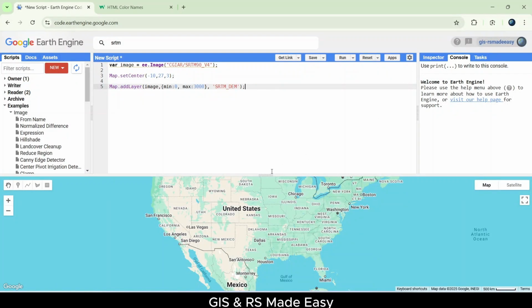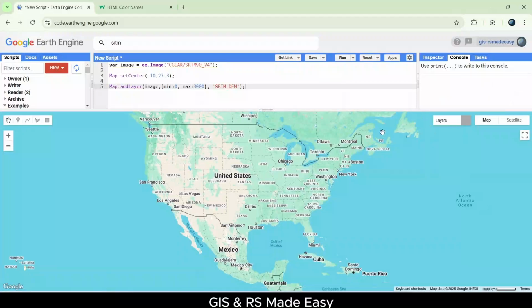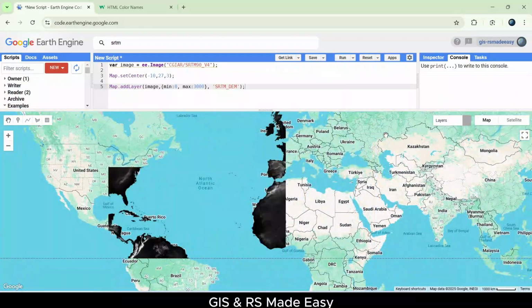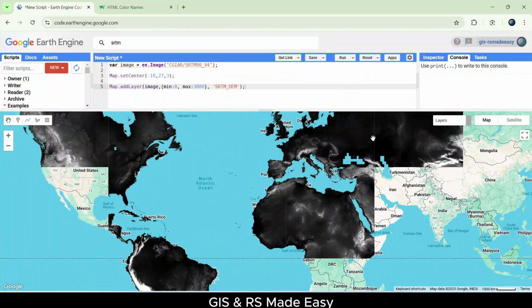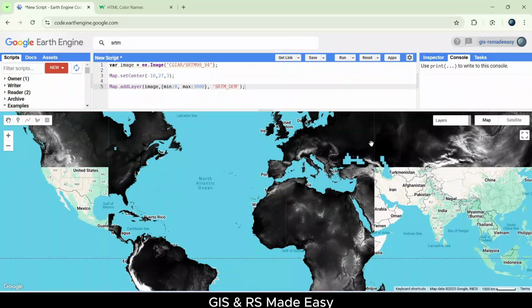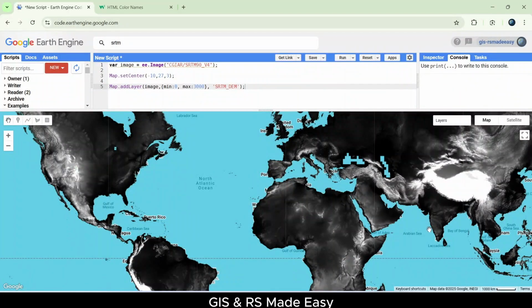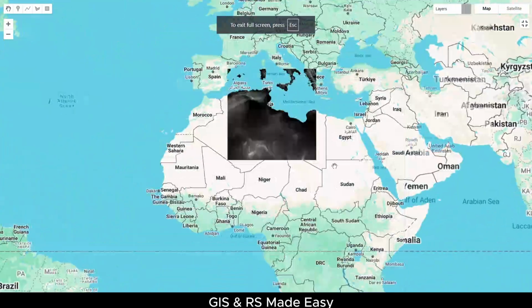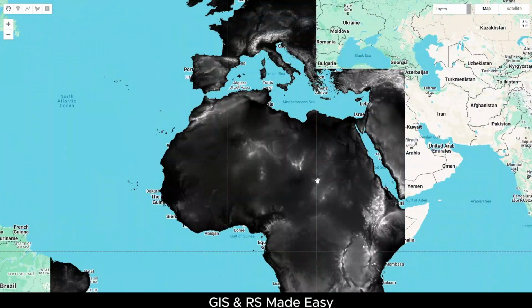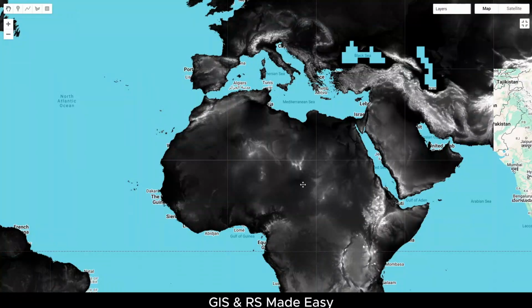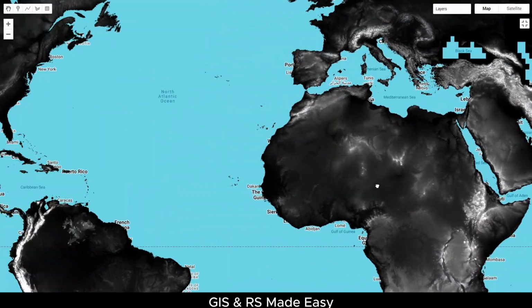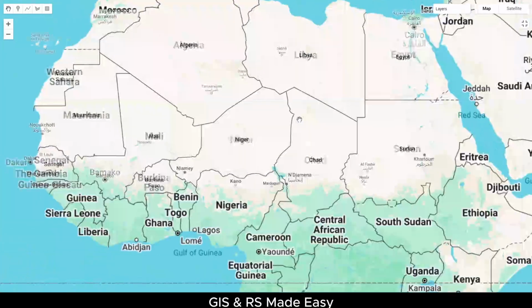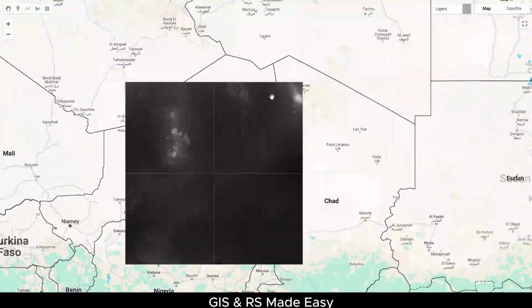Now let's run the code and see how it looks. The DEM is loaded successfully,